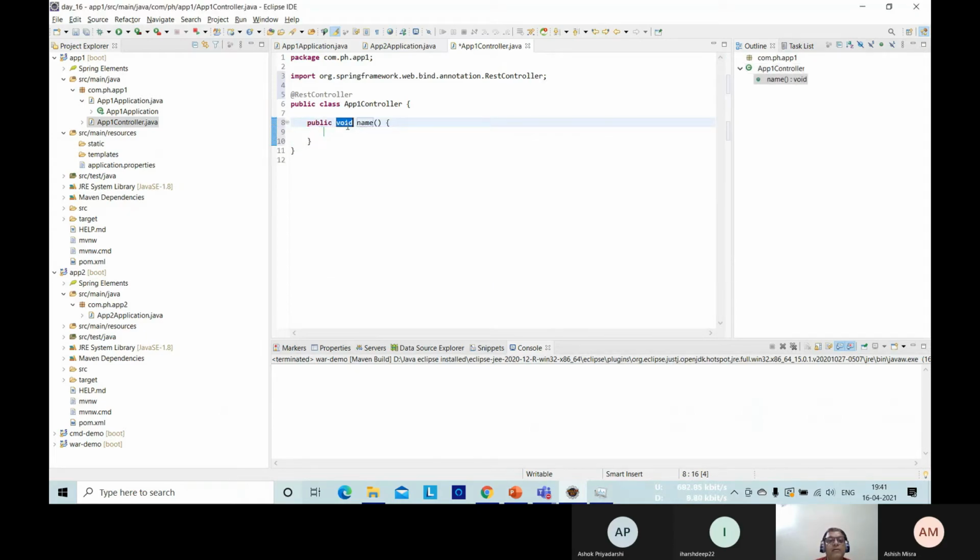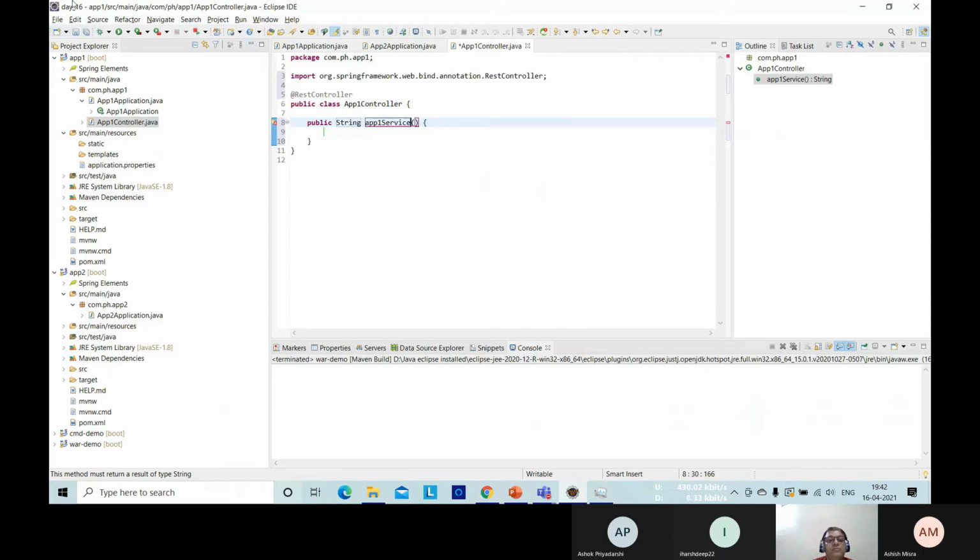Public String. Okay. Now let's say app 1 service. App 1 service.